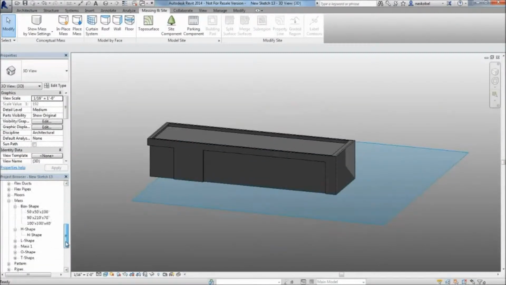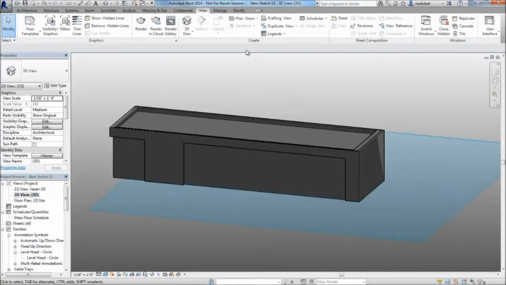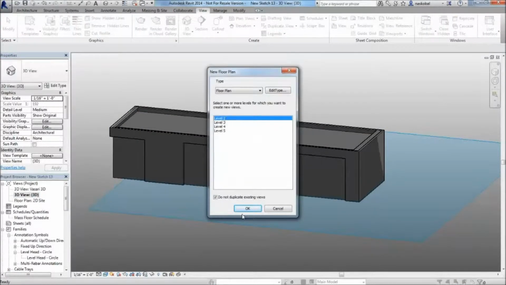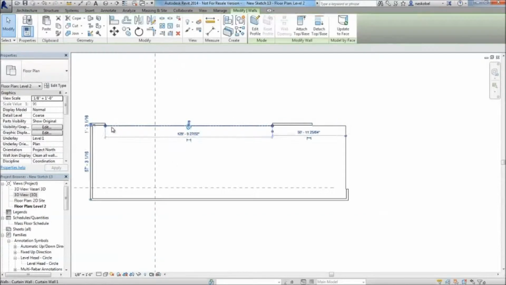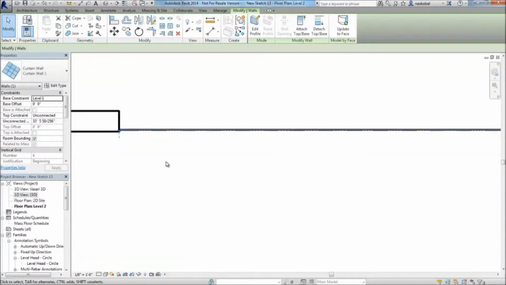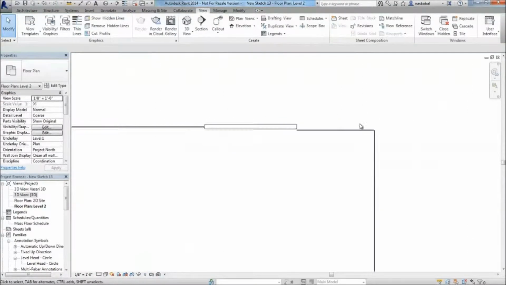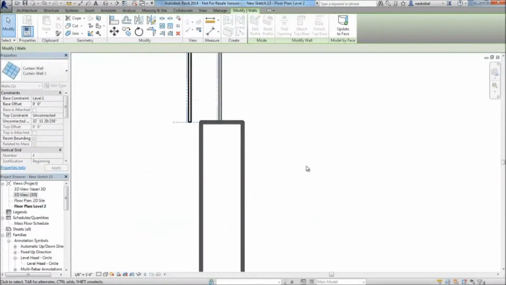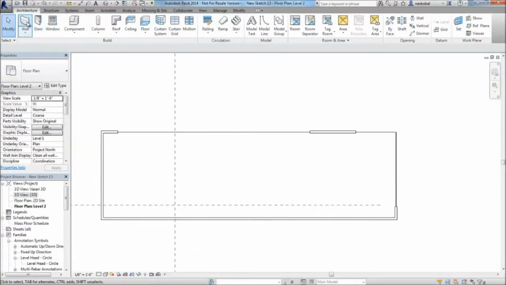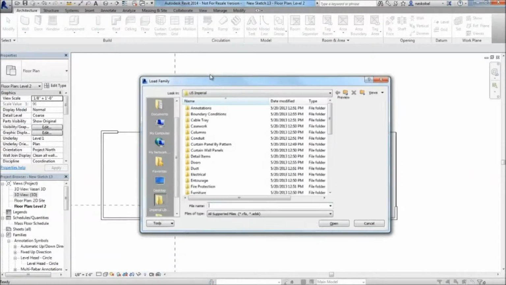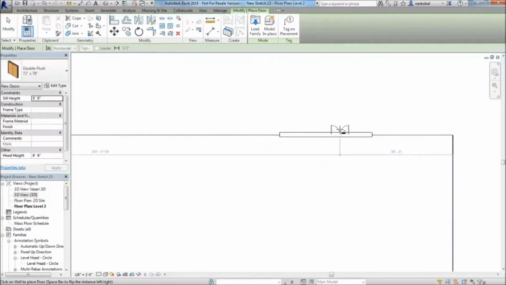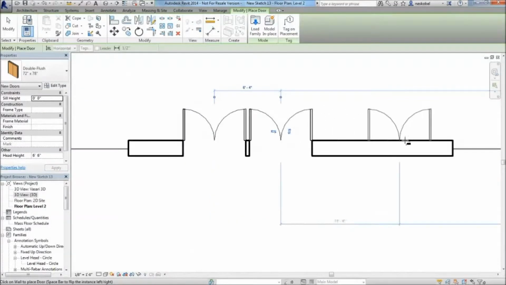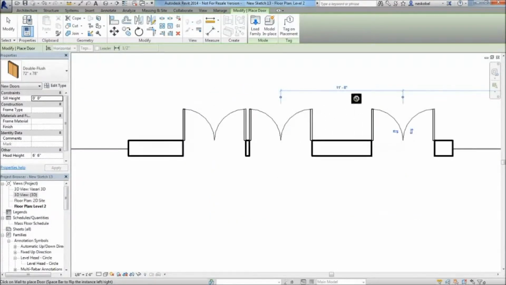So again, we're not doing this thing where we throw away the other model and start over. We've been able to create the building elements directly, and you can see that there's some adjustment that needs to be made, and you can quickly make those adjustments to the panel systems and to the walls in a floor plan view that you're comfortable with. Now you want to add some doors to the project,